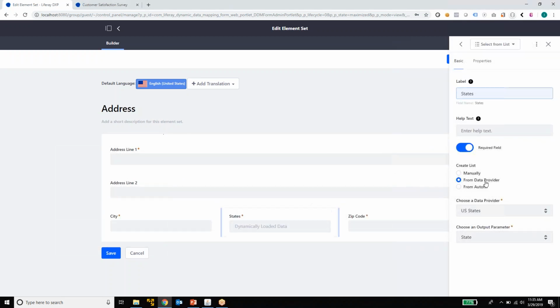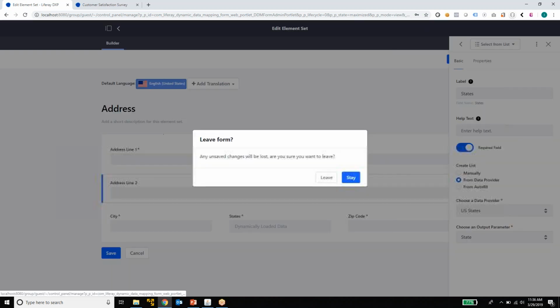State, notice I'm populating from a data provider, a US state. And Liferay also provides like a web service to get like regions or states for a country. So it basically defines a data provider to give me that list of US states. Right, so